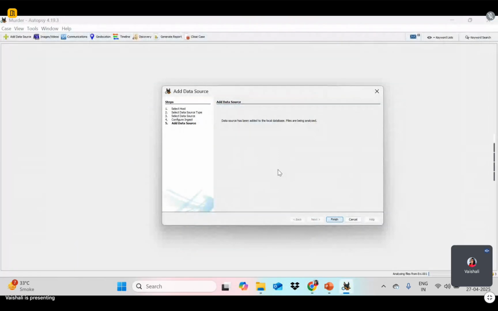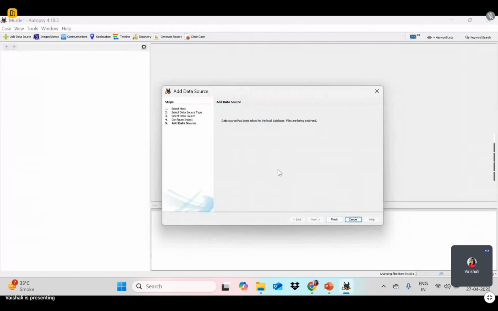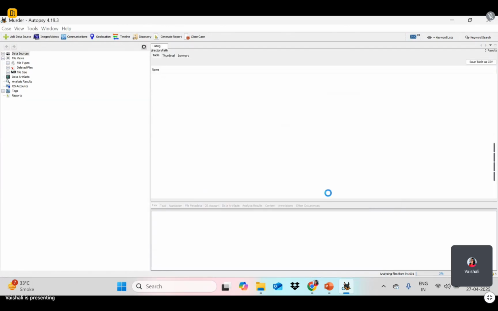Okay, now my files are analyzed. When you get this window, you can click on finish. Then see data sources, and all the analysis files come here. So these are all the analysis of your only one